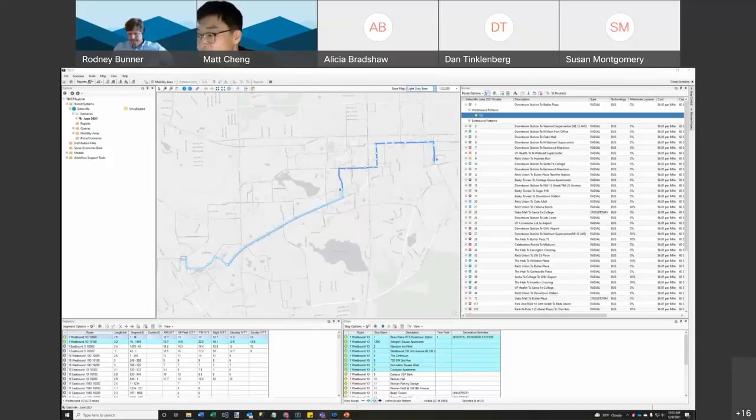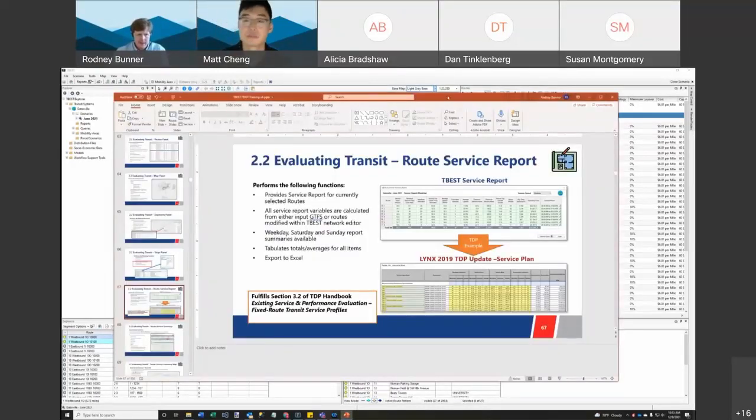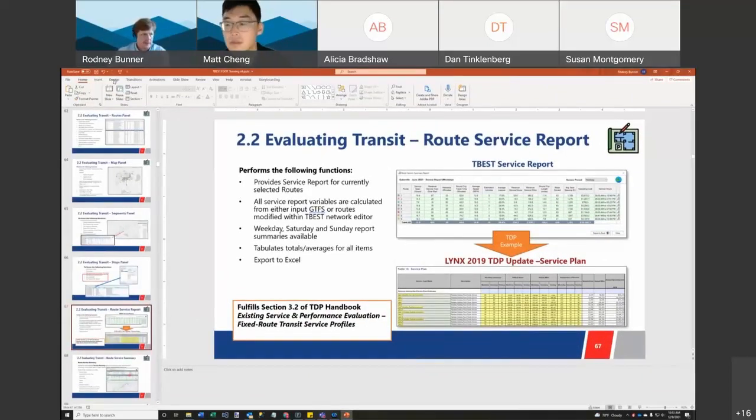And then Susan asks, what are the different definitions of AM peak, off peak, PM peak, and night? I think we're about to get to that, so maybe we can hold on to that question just for a second. That's right. Okay, so I'm going to come back to the slides and we'll talk about the